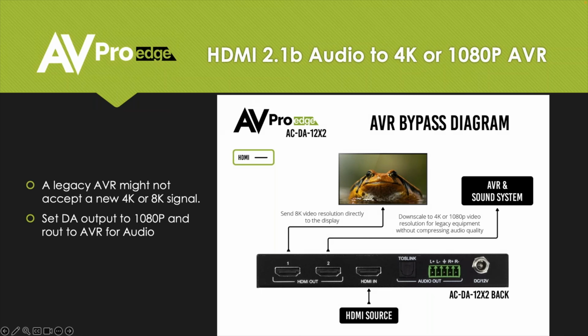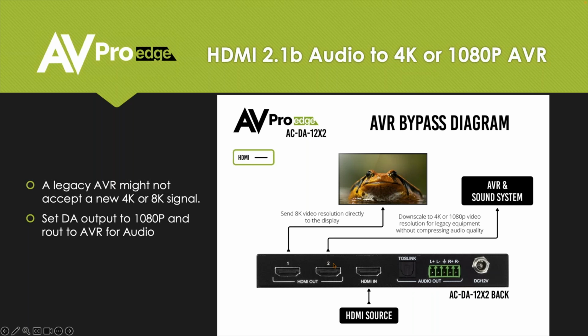Now, AVR bypass. This is a great solution when you need to get audio into something that isn't 4K or 8K. A lot of audio systems out there, AVRs, and a lot of commercial sources too, will only take 1080p. So what you can do is take your input HDMI source into the DA, with one HDMI out directly to your display, be it 4K or 8K, whatever it is, just let that pass through. That's going to work great. Then on your second output, in this particular case output number 2,